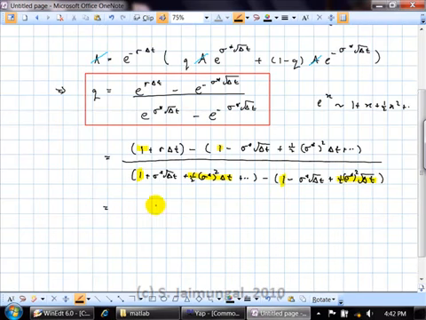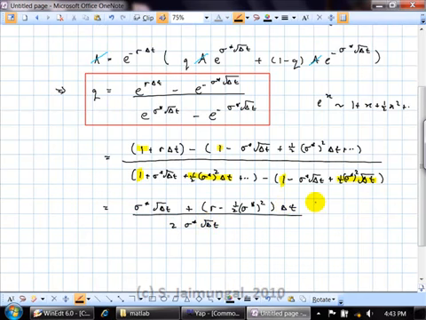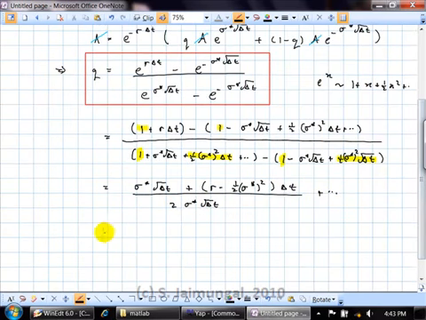And you end up with sigma star square root delta t plus r minus a half sigma star squared delta t. And in the denominator, the only thing that's left is 2 sigma star square root delta t plus higher order stuff, things that go away. And now we just simplify that. That's 1/2 1 plus